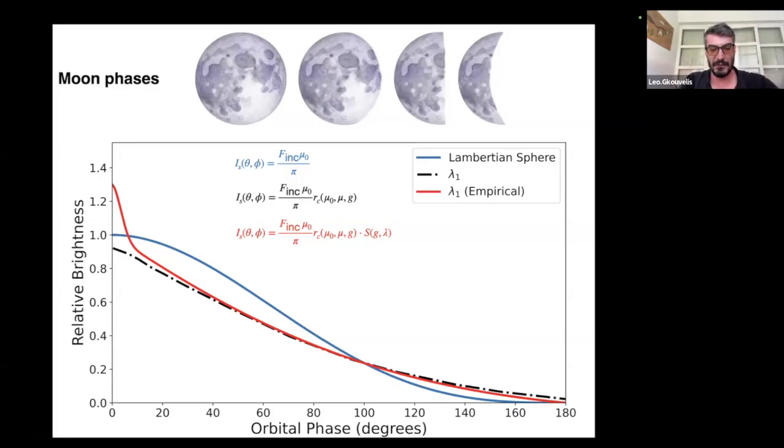You would see that it kind of matches when I'm using the real material to model the real properties of the material. But when you go very close to the opposition, you see that there is a very sudden brightening. This phenomenon is called the opposition surge effect, and it's been known for, I don't know, 150 years. By coincidence, the first to explain this phenomenon was the director of the institute I'm working at right now, the University Observatory in Munich. It was called von Seeliger, and this phenomenon is also called the von Seeliger effect.